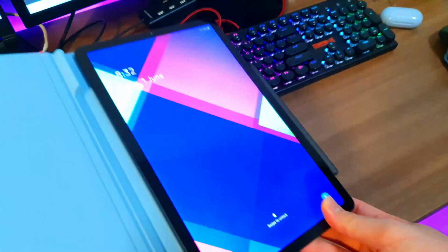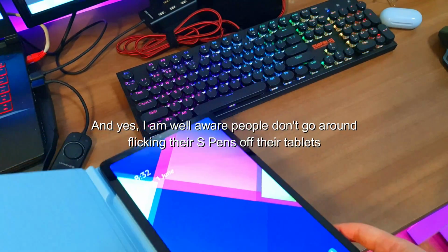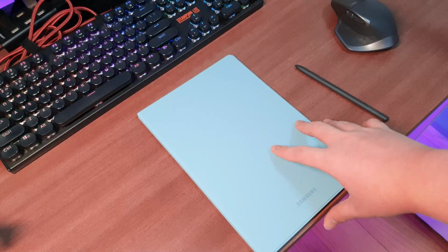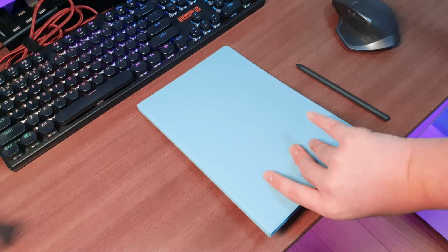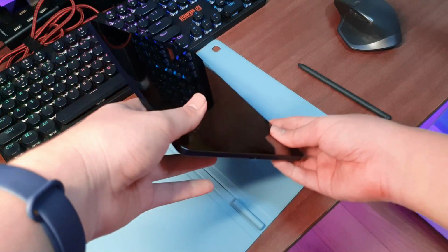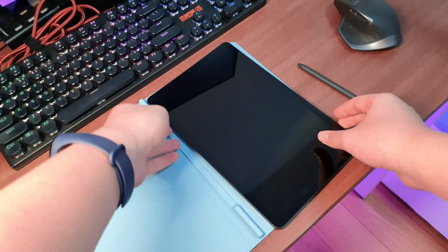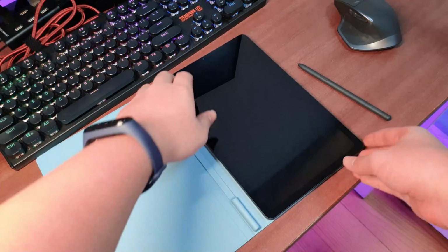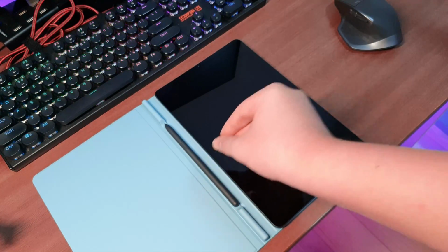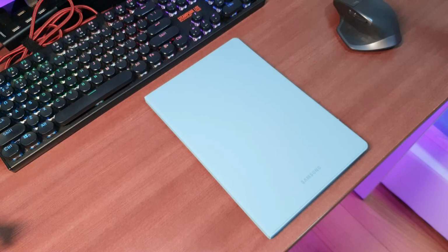I'm not sure if it's the placement of these magnets, but it just doesn't attach as easily, and doesn't stay there very firmly either. This is no longer a problem if you purchase the official book cover sold separately, since it has a dedicated compartment for the S Pen, which thankfully works 10 times better. However, the sheer fact that you have to shell out on yet another accessory just to have a usable place to store the S Pen just doesn't cut it for me. If I had not purchased this book cover, I would have much preferred the divot on the back of the